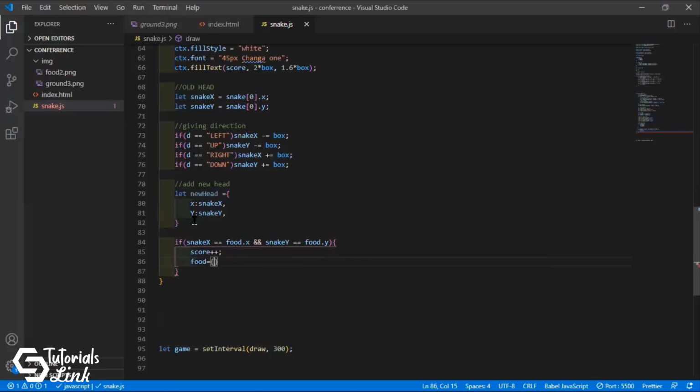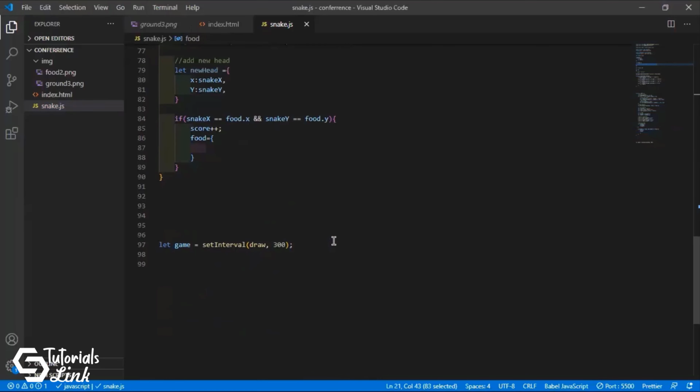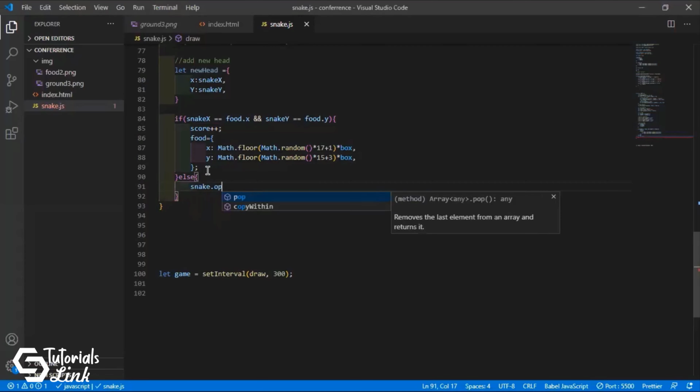So for this, I can just do one thing. I'll just go up, copy this thing, and put it right here. Okay. So after this, the thing doesn't end here. We have to see that if the score is getting increased, then we have to remove our tail. So there will be an else, and inside this else, we'll just pop the tail.